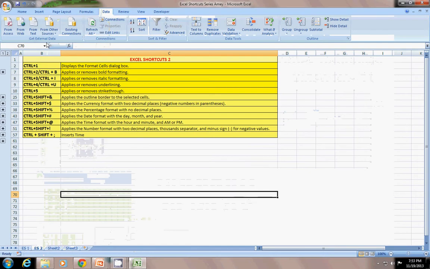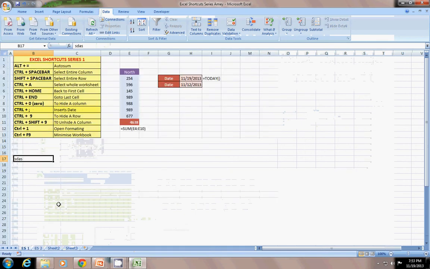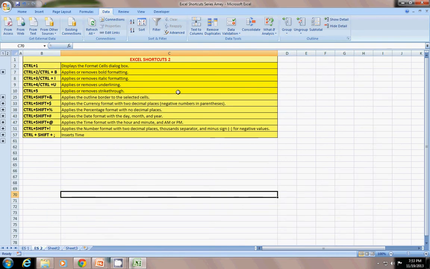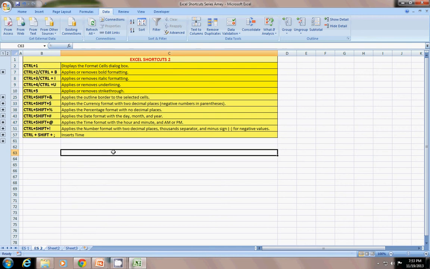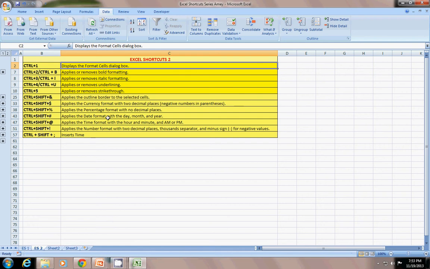Okay. Now this is some of the Excel Shortcut Series 2. You must have seen the Excel Shortcut Series 1; the link is below the description. Now in Excel Shortcut Series 2 you will learn this type of shortcuts. Some of them you must be knowing and some of them not. So you can just see how I am demonstrating this shortcut series, and this will probably add to your speed on your worksheet and will increase the pace of doing any work in Excel.